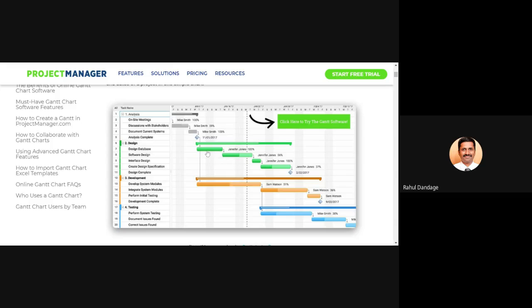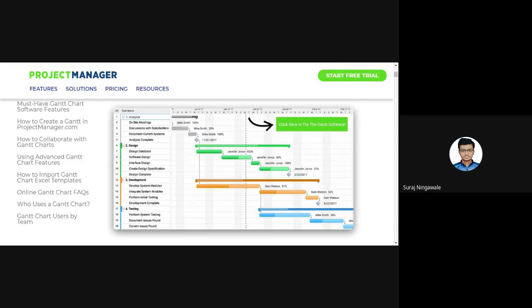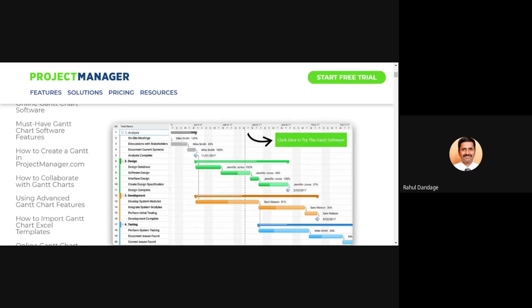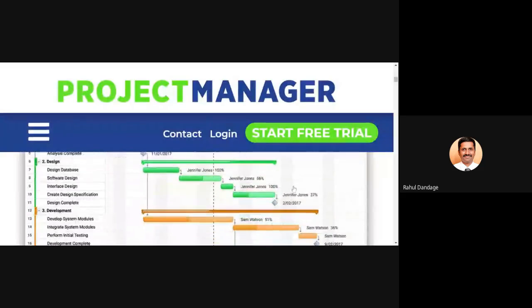So now you can see, I hope the bars which have been drawn for design, they are clearly visible to you. Is it visible? Yes. Okay, I will just go for some slight expansion of this. Now I think the bars will be more visible. So now you can see